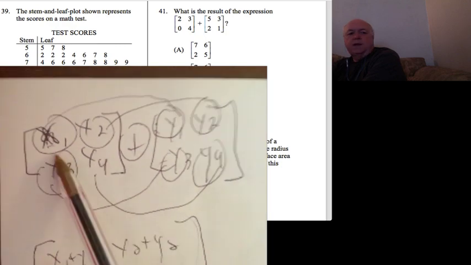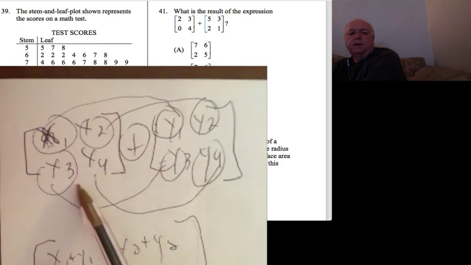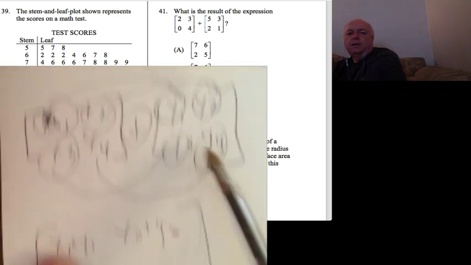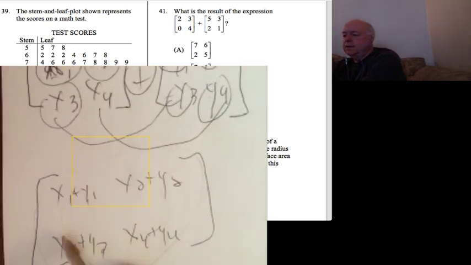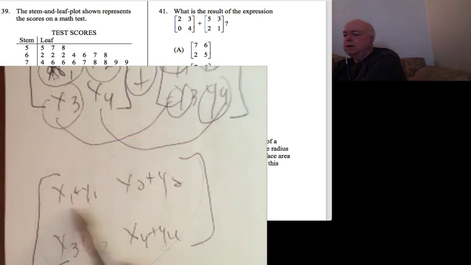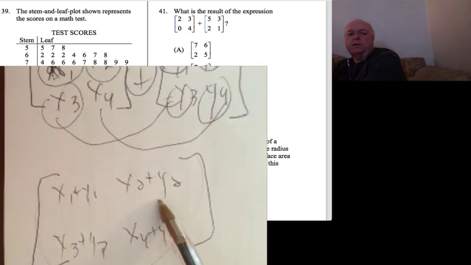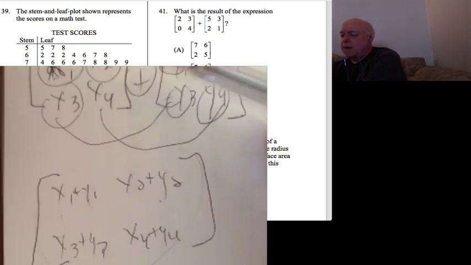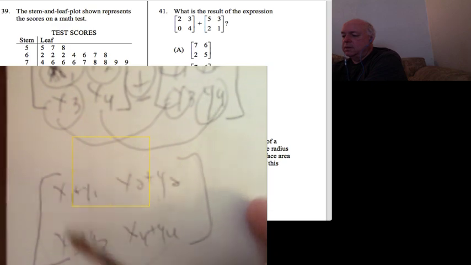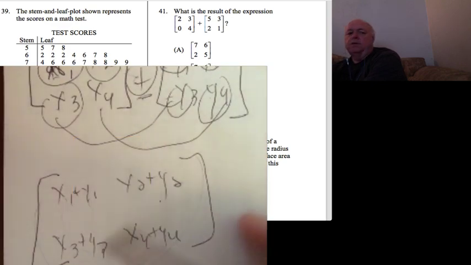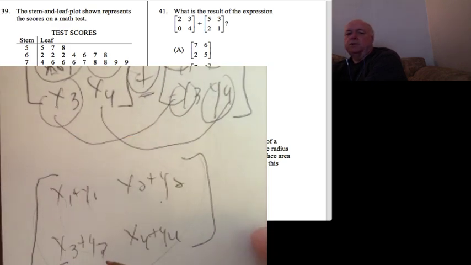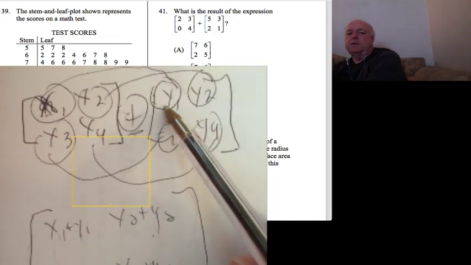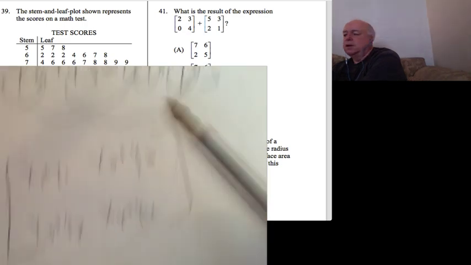So I have x1, x2, x3, x4, y1, y2, y3, y4. The respective positions get added. This is x1 plus y1, x2 plus y2, x3 plus y3, and x4 plus y4. If this operation was minus, then all these would have been minus. If it was multiply, then it will be multiply. Okay? That's all that's happening. You're taking respective position and adding it to the other respective position of another matrix, and we get a third